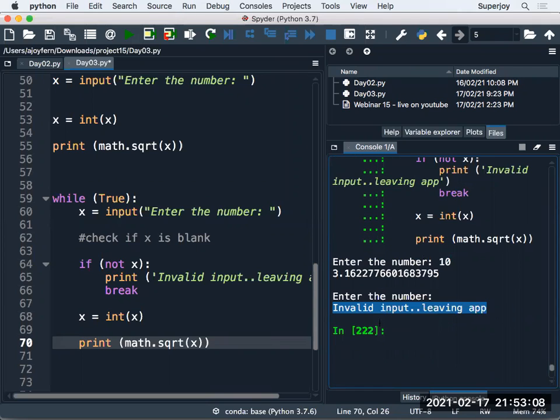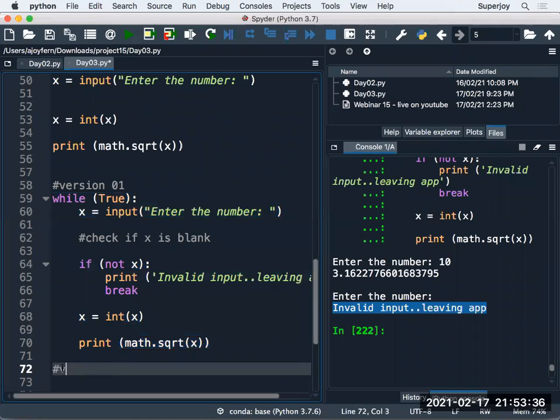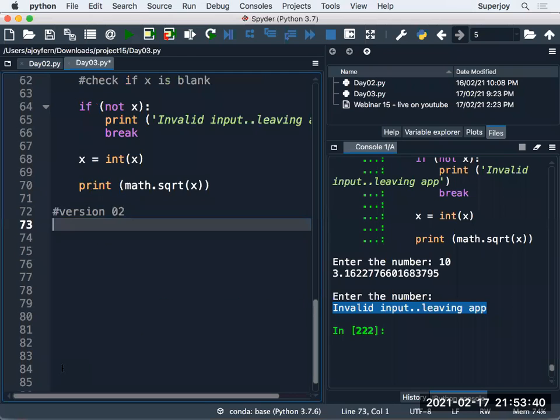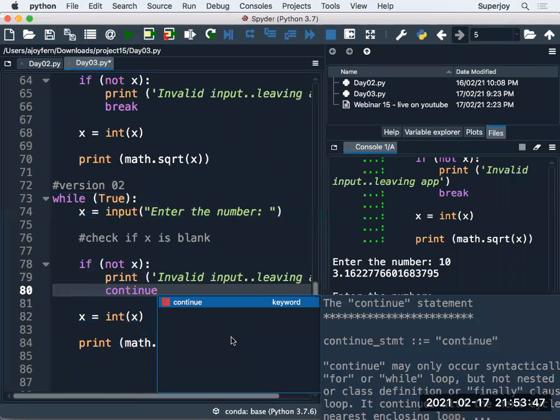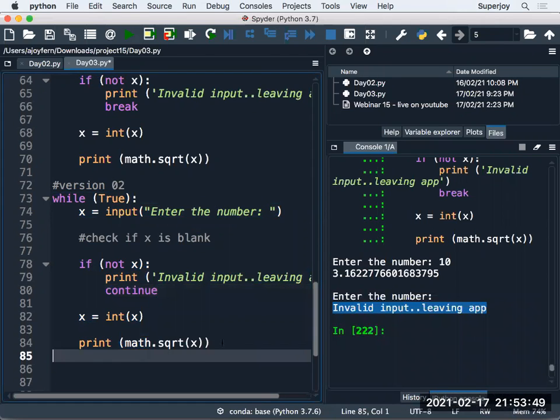But we should give a message to the user that as of now your current input is invalid and you can try next. So guys, rather than break, what should be the right statement to use? I'll mark it as version 2 of our code because my requirement has changed now. And guys, instead of break, there is a new term called continue. So I'm going to use that now, guys. Continue. Okay. And see now. Okay. So, and I'll just change it,